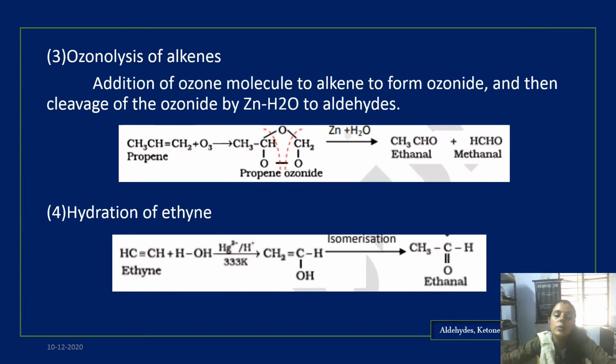Now moving to the next slide, about the ozonolysis of alkene. Ozonolysis means breaking of the alkene. Alkene means there you can see a double bond, and the general formula of alkene is CnH2n. If you need to know more about alkenes, that is already posted on YouTube in the basic organic chemistry videos. Those who want to see that, please go and see. I will post the link in the description box.